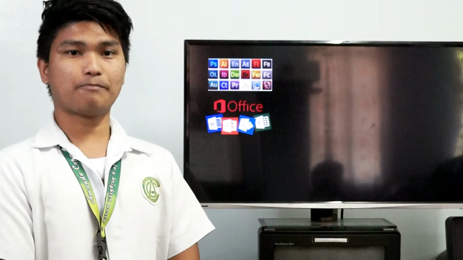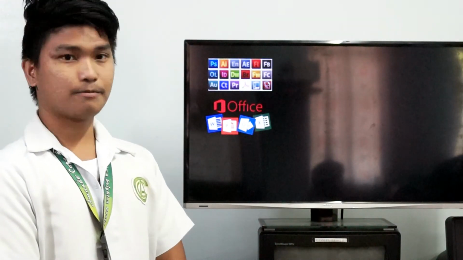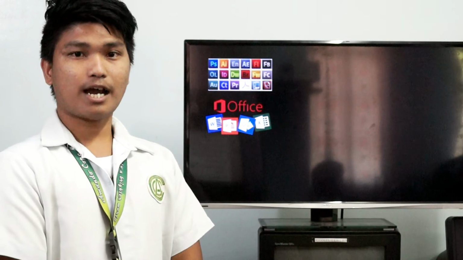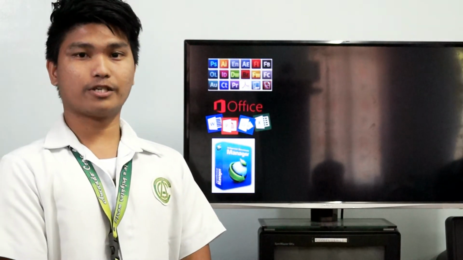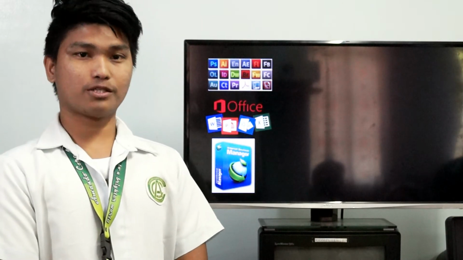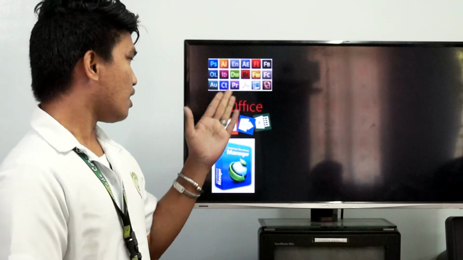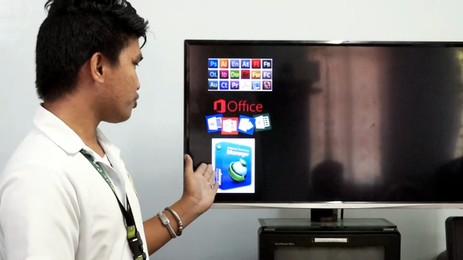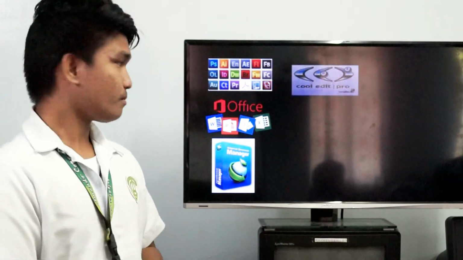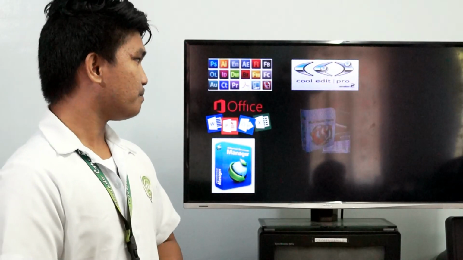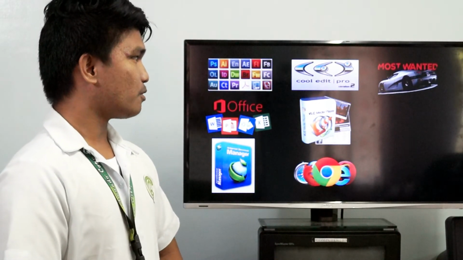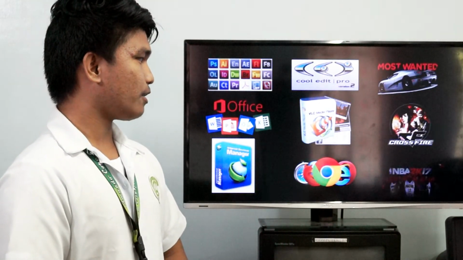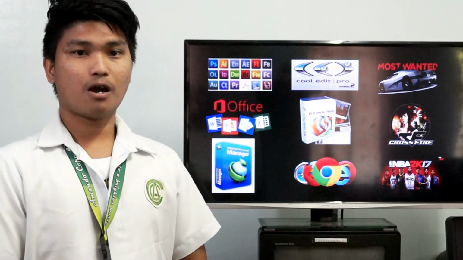We also use different software in making letters, and other software in downloading, and other programs in surfing the internet and others. Examples are the Adobe products, Office Suite, Internet Download Manager, Cool Edit Pro, VLC Media Player, web browsers, Most Wanted, Crossfire, or even NBA.